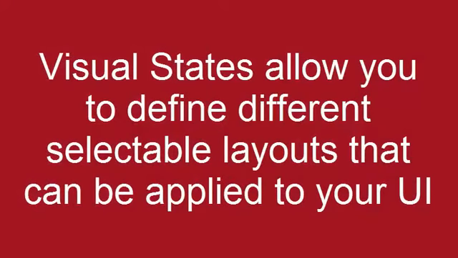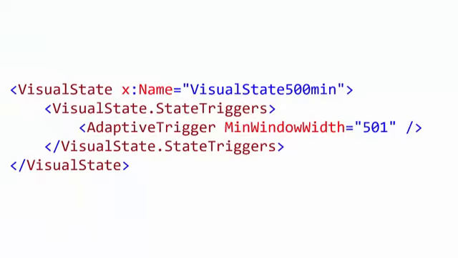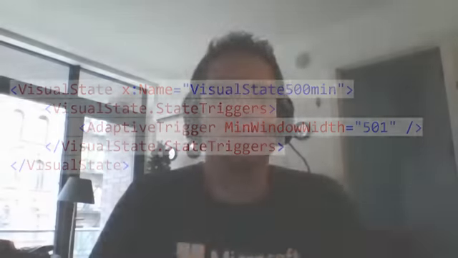In visual states, you can think about the different states that we talked about earlier: the small, medium, large, phone, tablet, desktop, however you want to think about it. Think of those as different states, or remember we mentioned the snap points earlier, different states of your application. And so a visual state allows you to define a minimum width or height and say, phone state is from 0 effective pixels to 320, and medium is 320 to 720, and 720 plus is large, or whatever it is. So with these visual states, where you define the size for the different states, 3 different categories or more,